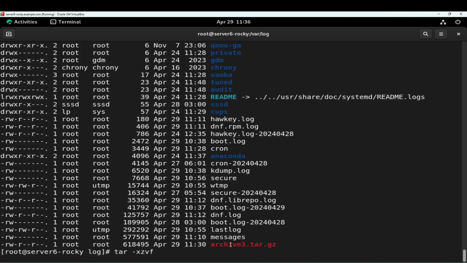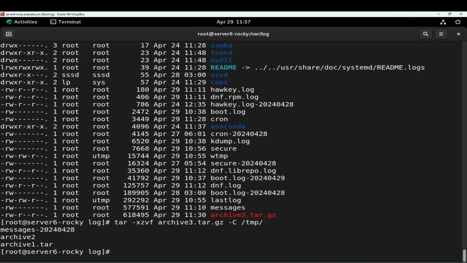And let's say that we don't want to extract the file in the same directory, which is /var/log. We will extract it somewhere else. So we extract the archive itself and we add a capital C, minus capital C, to change the directory where we want to extract this. And let's just say that we want to extract it to the tmp directory. I say that's pretty good enough to extract it there. So we hit enter and we have just extracted the contents of this archive,